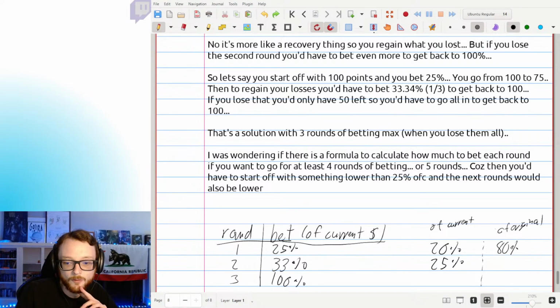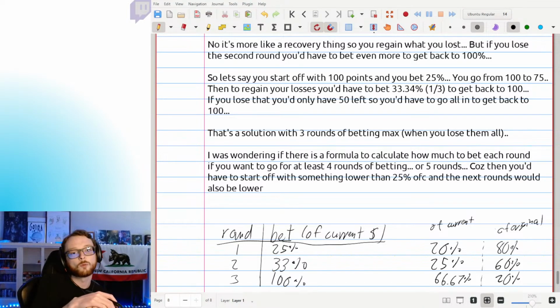25%, which leaves us with 60. Then we would need to bet 2/3. Okay, yeah, I see why now. It's two-thirds now. Then if we lose that, we're down to 20%. And I guess this is a weird thing where